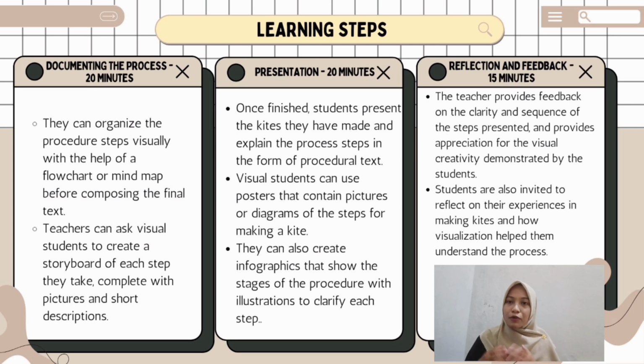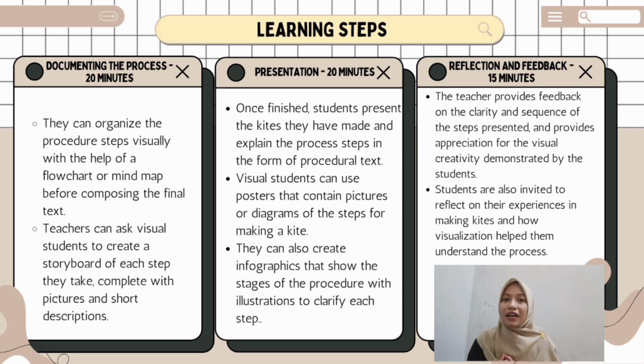And then the teacher can monitor visual students to create a storyboard of each step they take, complete with pictures and short descriptions. And then the fifth step is presentation, more or less 20 minutes. After finishing, students present the kites they have made and explain the process step in the form of the procedural text